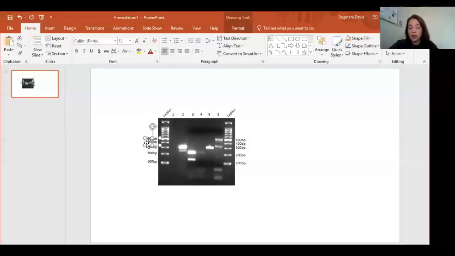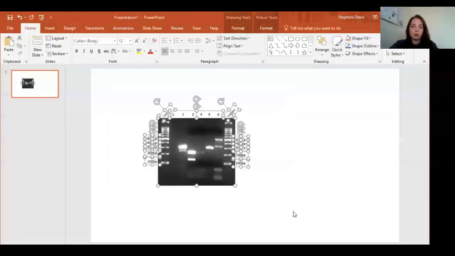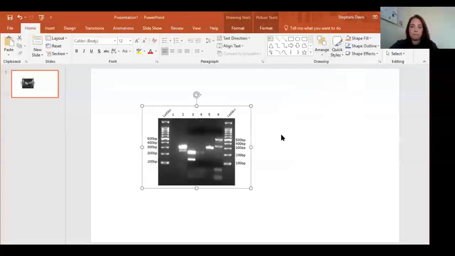Some people like to add arrows pointing to the bands. I don't think it's necessary. Okay, so then you would group it. Copy it, open up Word,